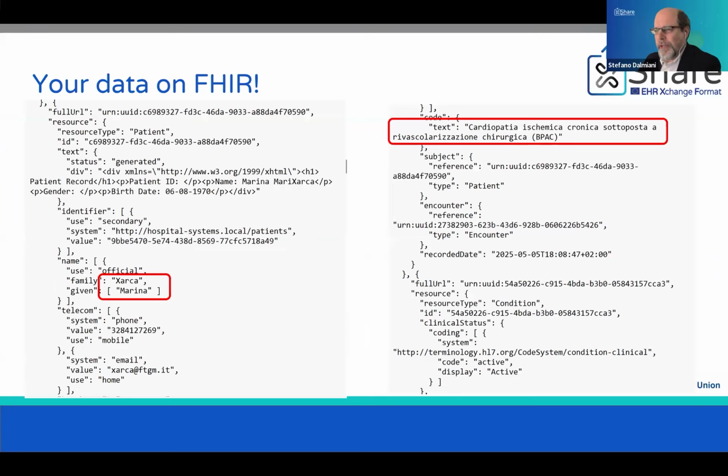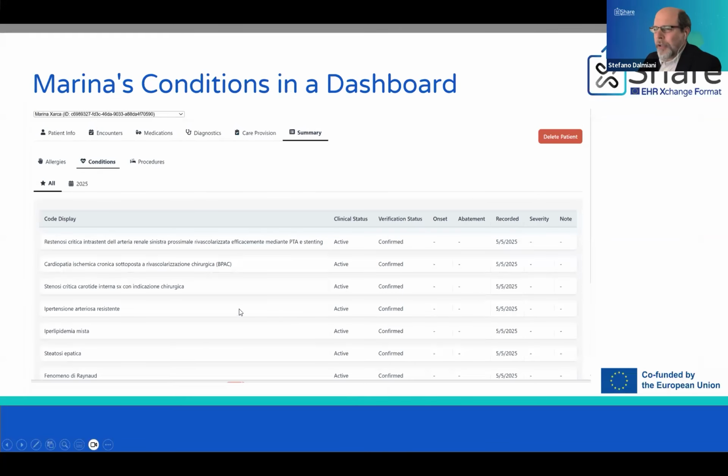And this is perhaps too technical, but just to show that we are not talking about paper. We are talking about data that can be processed between different servers or computers, and you can just have the sense here of the patient name. So we are talking about Marina, and a condition that affects Marina, and that, for example, brought Marina to our hospital for an investigation. And after the investigation, or included in the investigation, we might have some kind of merging of the information that were available for Marina,